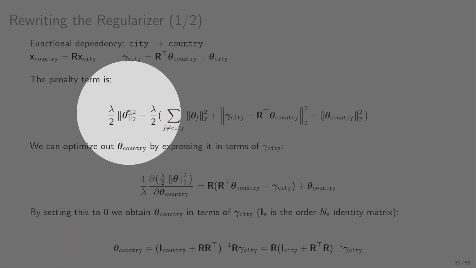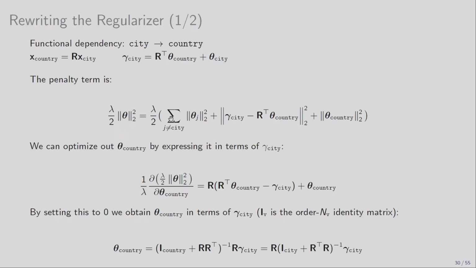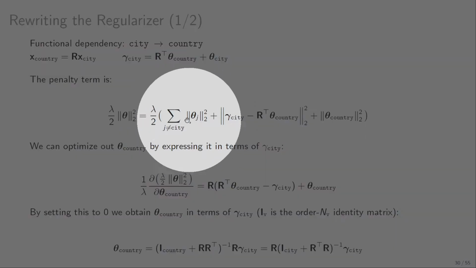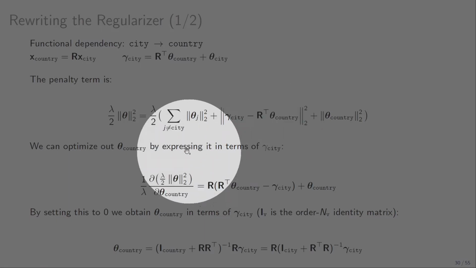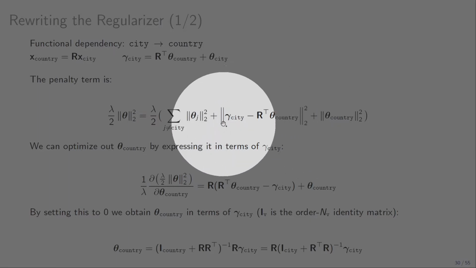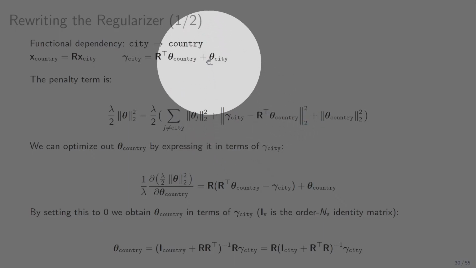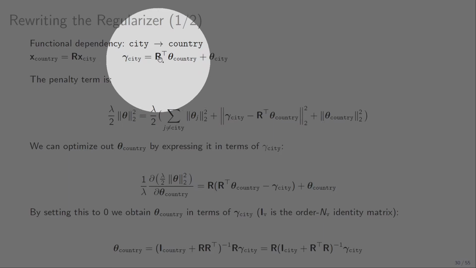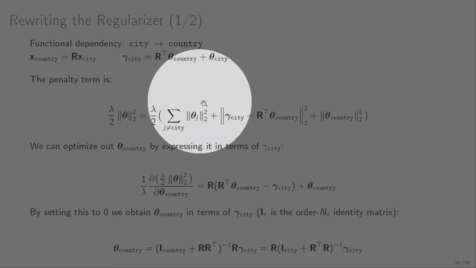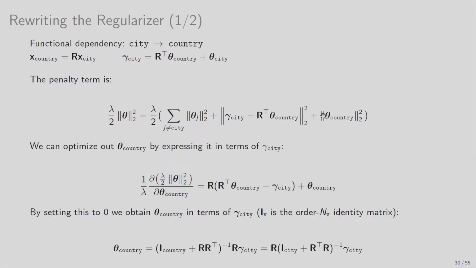Okay? So this is effectively saying, let me isolate those thetas, the norm of those thetas that are actually not talking about city. And then I have those, well, here I should have said also not city and not country, sorry. And then that part that talks about city, because you see, theta city from here is gamma city minus this term. So I could just plug it in here. And I can also have theta country. Okay? So far I didn't get rid of theta country. To get rid of it, we can basically optimize it out by expressing it in terms of gamma city.